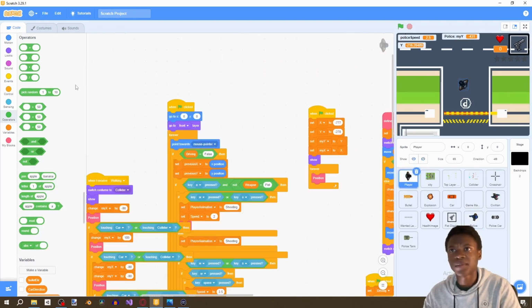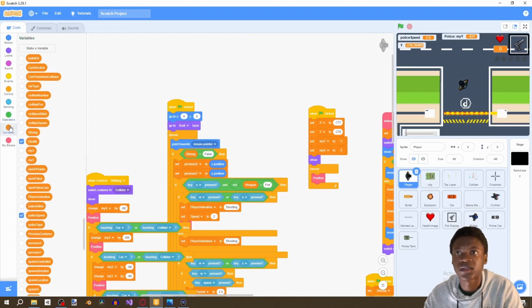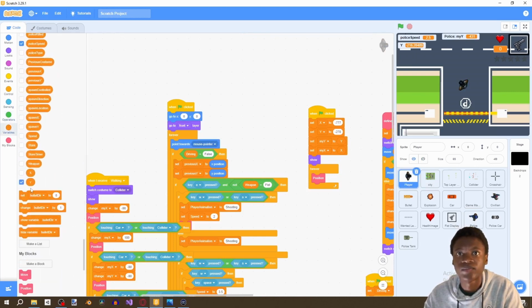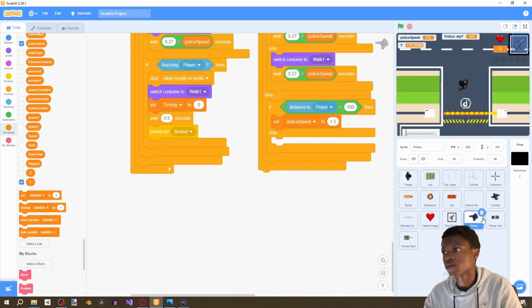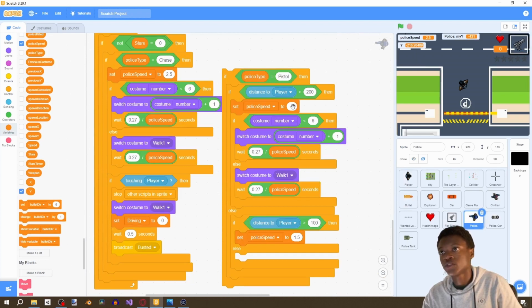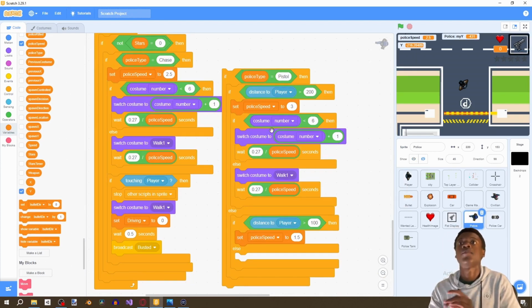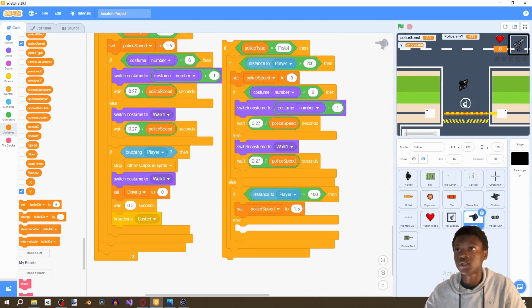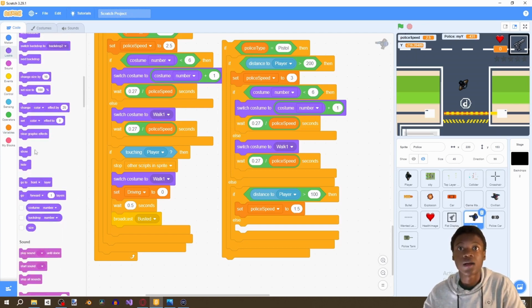Because if we look at our player speed, if I'm not mistaken, it's 3.5, right? So we can always outrun the police. If you want to stop that, you should set this to 3.5, but it just gets a bit faster if the police has an intention to shoot you. So we change this to police speed 3, police speed 1.5 if we're close enough, and then we're going to switch